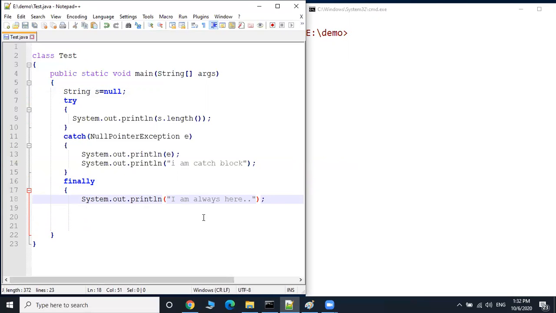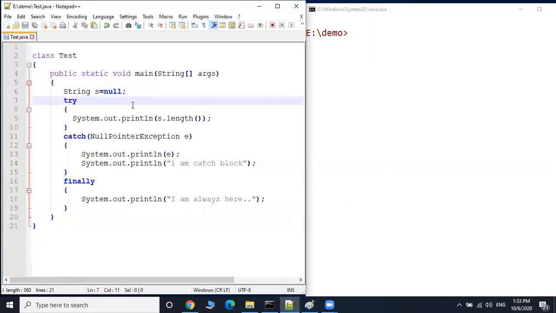The finally block must be followed by try and catch. Write down this code.